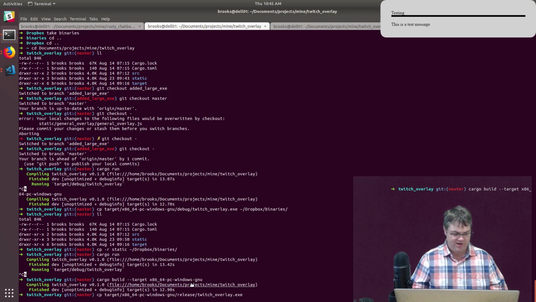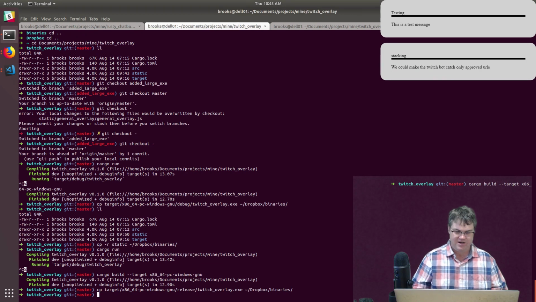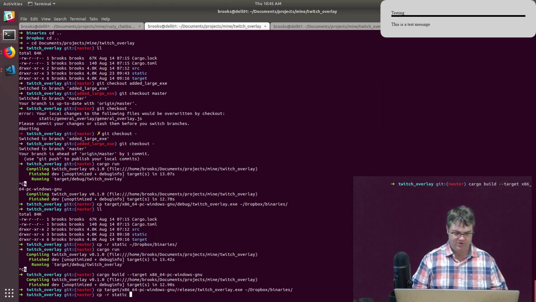Okay, so copy this target to Dropbox binaries. I'm gonna put that into there. That will come over to the Windows side right now. We also need to copy -r, the static folder, over to